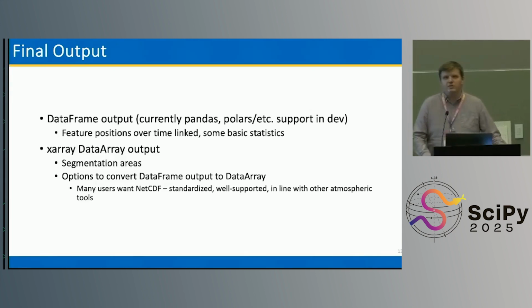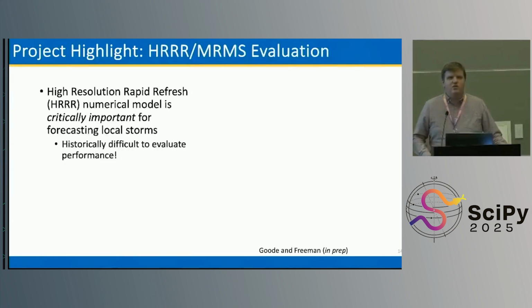We got a lot of feedback from our users. Our users are primarily in the atmospheric and earth science community, and they really like NetCDF, for good reason. It's been a standardized, very well-used format in the field. A lot of data sharing requirements are built around NetCDF, and so one of the key pieces of feedback we got early on was that you need to be able to support NetCDF output, and we said, okay. It's not something I love, because working with what is effectively tabular data in NetCDF is a pain, but we make it work. We wanted to support our users as much as we can. So I'm going to show a couple of highlights of different projects using tobac, and then I will talk about the development process and how we got here.